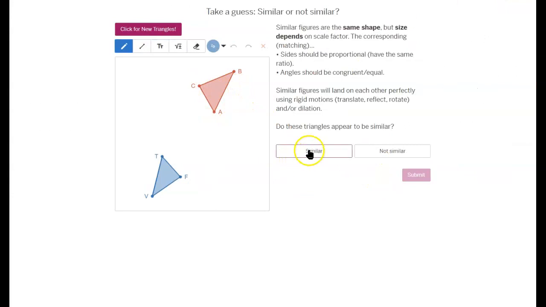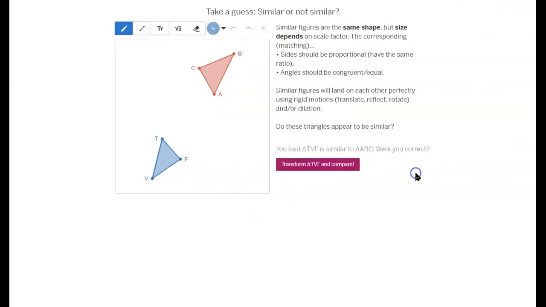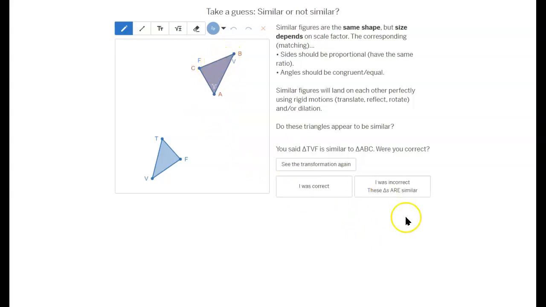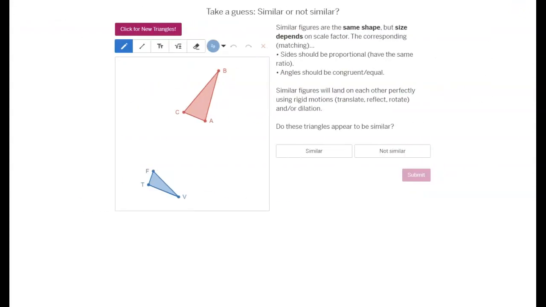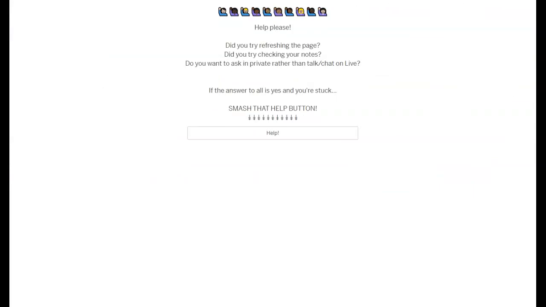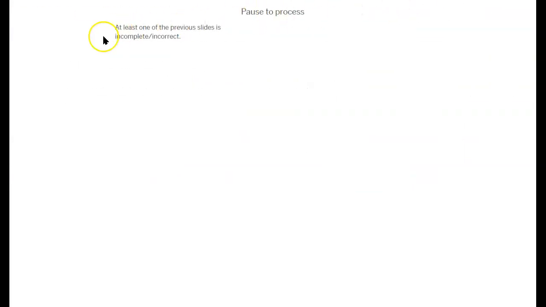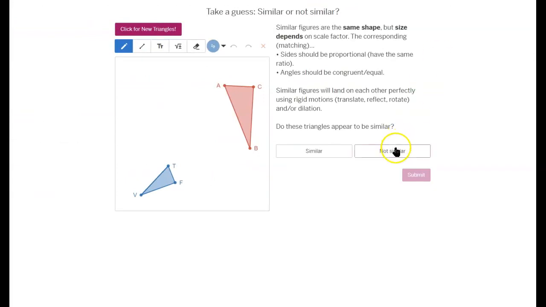When they are similar, we can line them up and we will see, just like the one before, they actually match up, and again, they will not have a gap. And if you were correct, you can say I was correct, and it'll just say, great job guessing with just your initial guess. Then you're going to go through each one of these questions and you get to process. Now, process is where you end up with the question